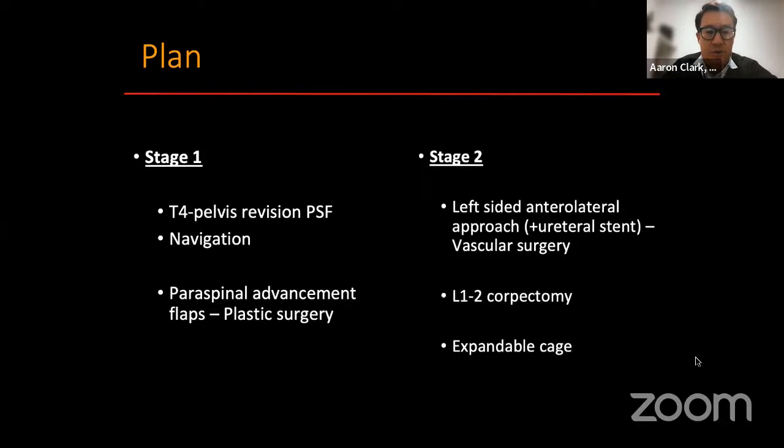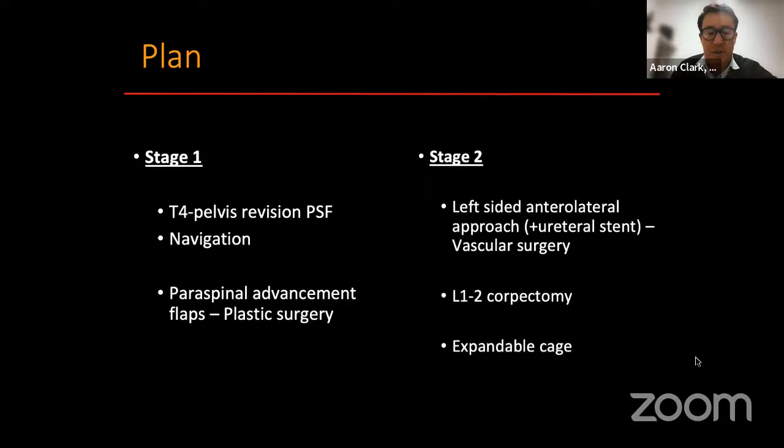And the plastic surgeons, again, after doing a thorough debridement, did additional paraspinal advancement flaps to get it nicely closed. As a stage 2 operation, we did a left-sided approach with placement of a ureteral stent to avoid problems with scarring of the ureter. Vascular surgery performed this through the large shark bite incision, and we performed an L1-2 lateral corpectomy with placement of